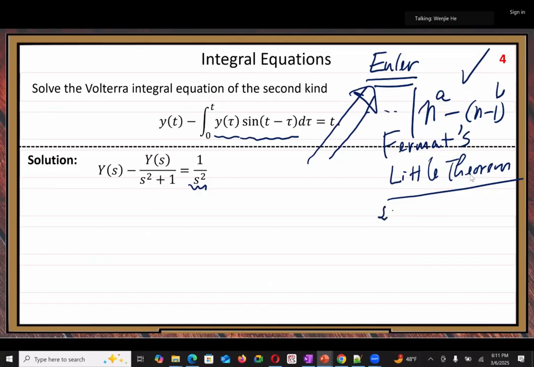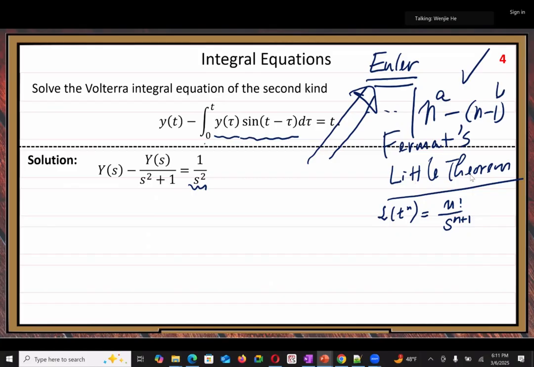Laplace of t to the n. This formula equals n factorial over s to the n plus 1. And here n equals 1. Basic formula. All right, so then